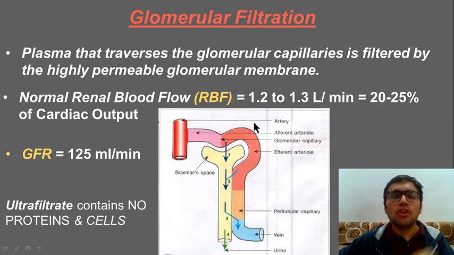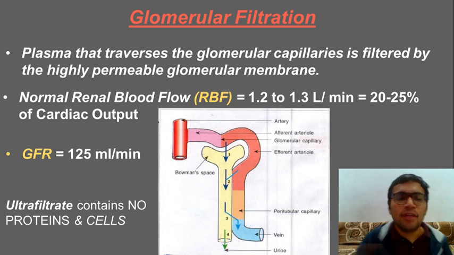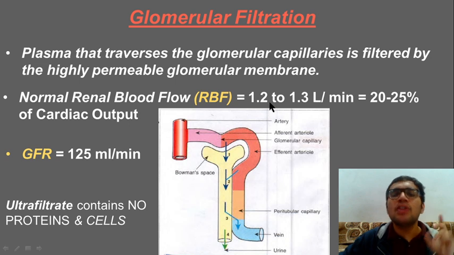Now this glomerular membrane has certain properties. Basically, it has a negative charge, so it will repel negative charge, so the proteins will not pass, and it will only allow molecules of a particular size to pass. The very large macromolecules won't pass through this. So the ultrafiltrate will be identical to the plasma, but with the exception that there will be no protein and no cells. And this is how we deal with things: normally the renal blood flow is 1.2 liters per minute. These are all variable values.